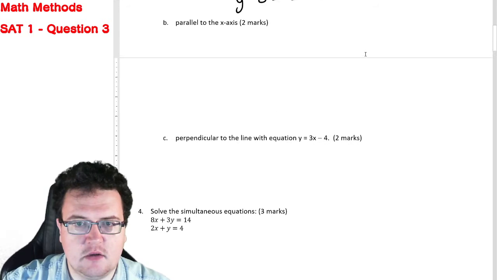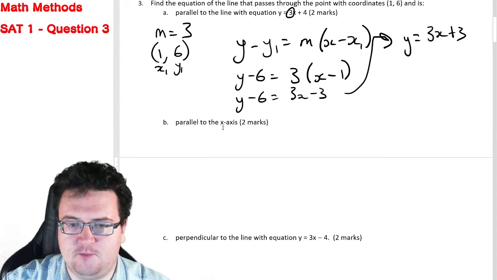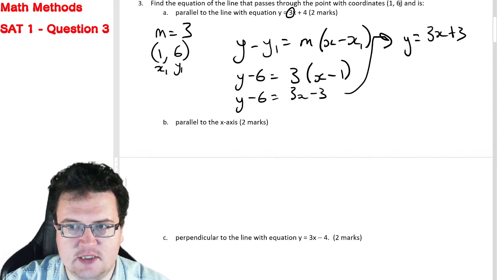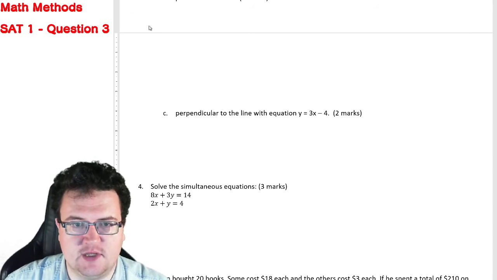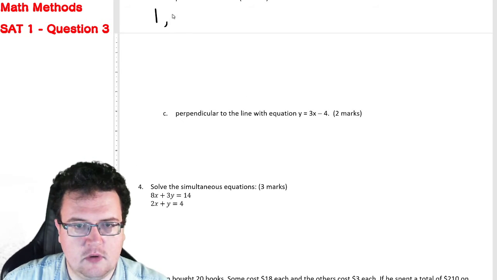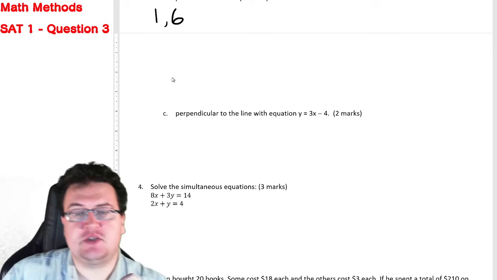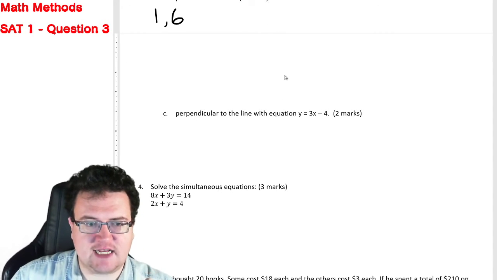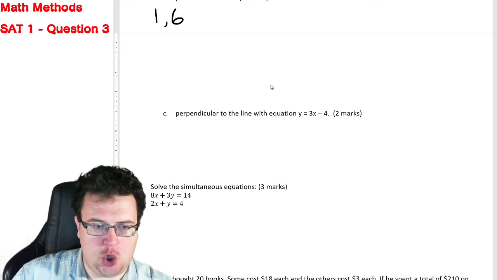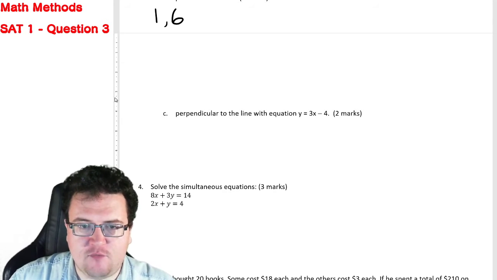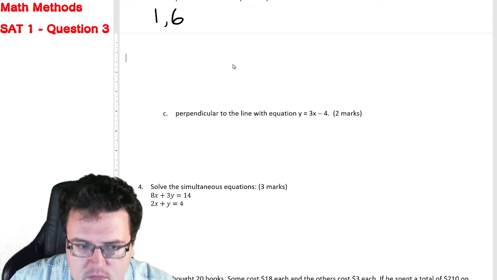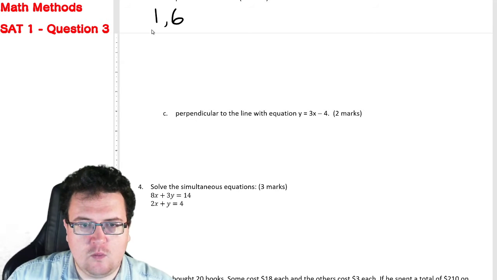Question B is a little tricky. Now, it still has to pass through coordinates 1, 6. So we need to know that it needs to still pass through 1, 6. But because it is parallel to the x-axis, it means it has no gradient. So if we were to think about it in that particular way, we can go x1, y1,